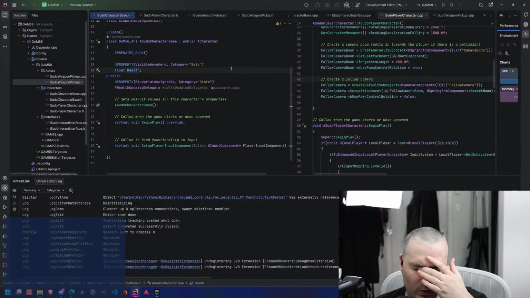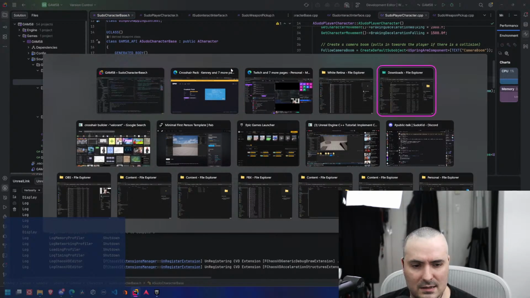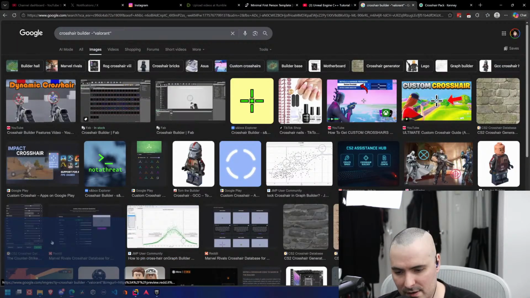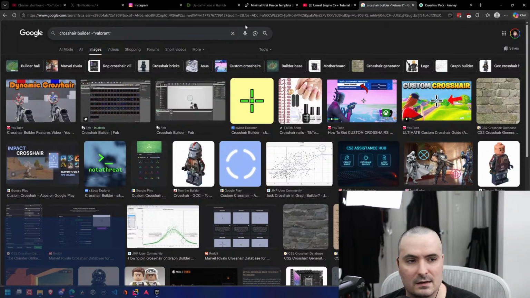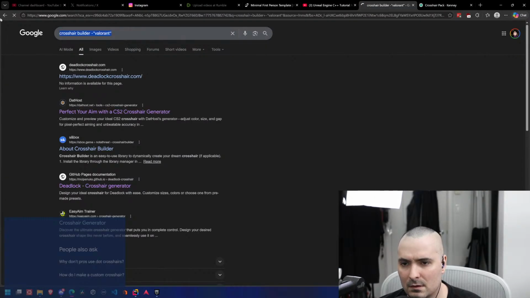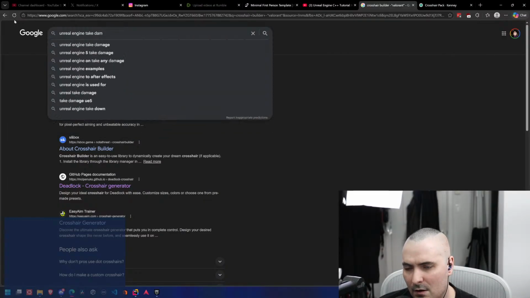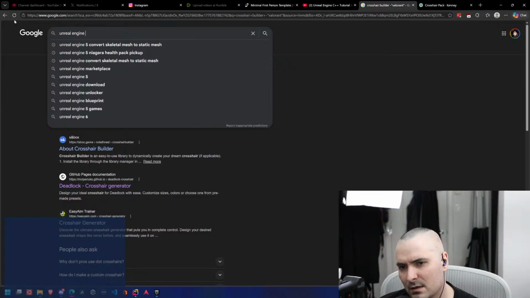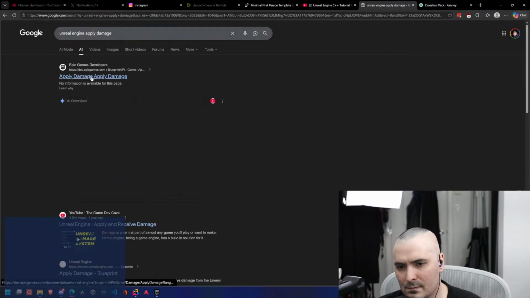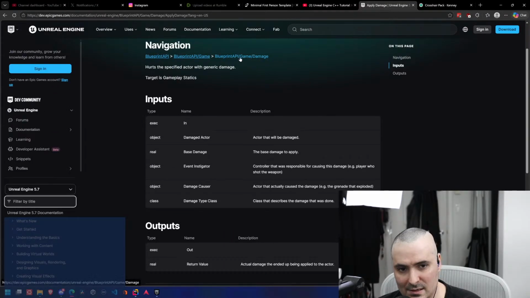Now we have a take damage system baked into Unreal. We want to take advantage of that. Okay. Unreal Engine apply damage. Apply damage. There it is. Yeah.